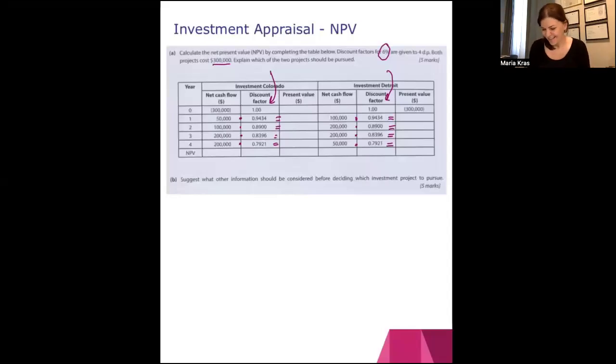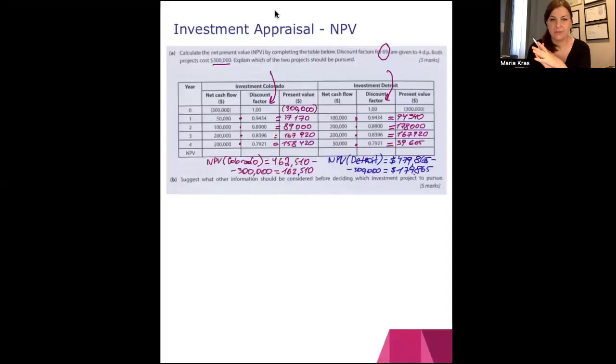Welcome back. Okay, so let's see, what have you got? So first of all, let me say that total, both projects, if you just look at the actual values, not the present values, but the actual receipts, cash receipts in future, both of these projects look to be the same, right? So both of them would total with a receipt of $550,000, right? So it looks like they're very similar, like they're almost identical. $300,000 investment versus $550